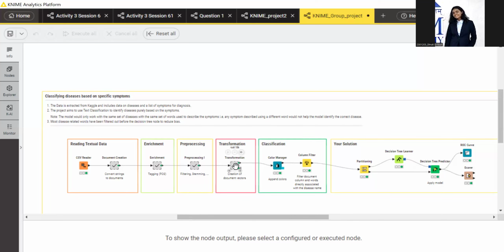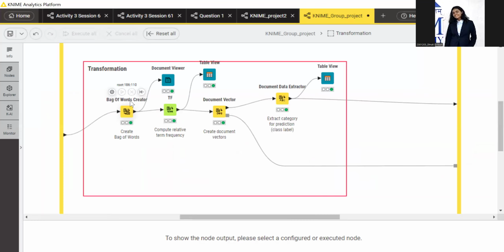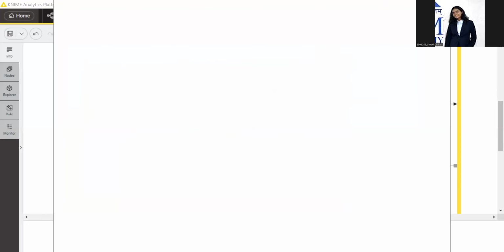Moving on to the transformation section, this is also a meta node. Here we try to create a bag of words. We extract words from each document, and we also calculate how many documents have the same term with the help of the term frequency node. Then we convert each word into a vector. The presence of a word is indicated by 1 and the absence by a 0 per document. So when we look at the table view, after the term frequency and converting it into a bit vector,